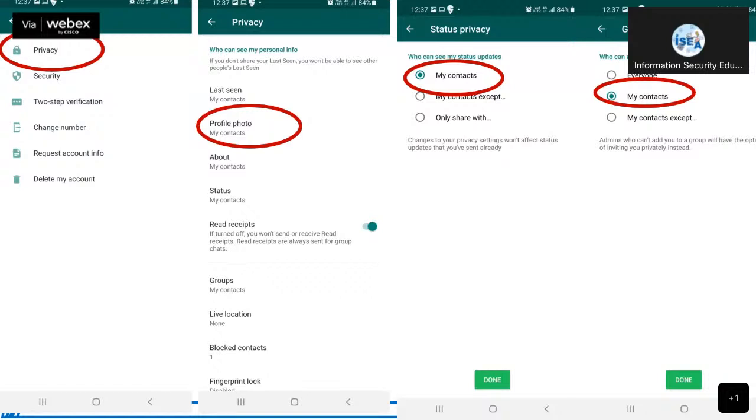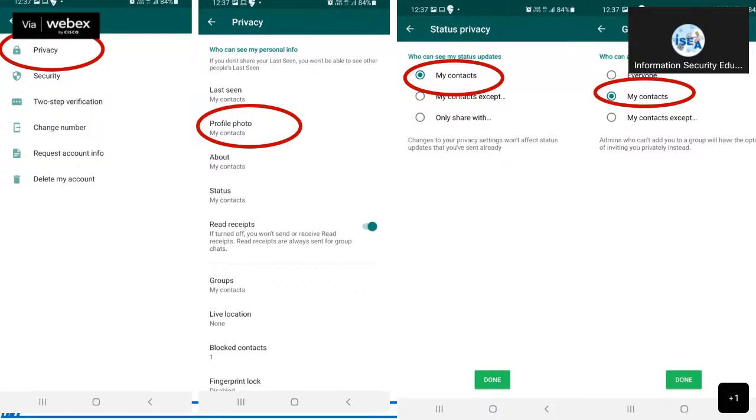And the groups, this is very important. Under the groups option, you have these options called everyone, my contacts, and my contacts except. If you choose everyone, anyone can add you into their WhatsApp group without your knowledge. If you choose only my contacts, only the people in your contacts can add you into their WhatsApp group.